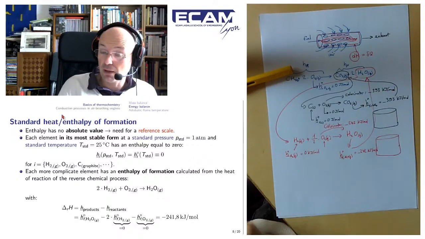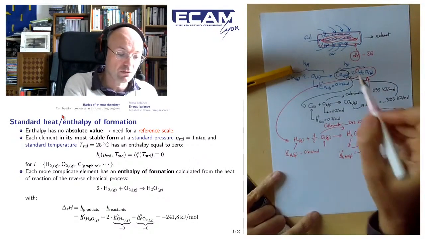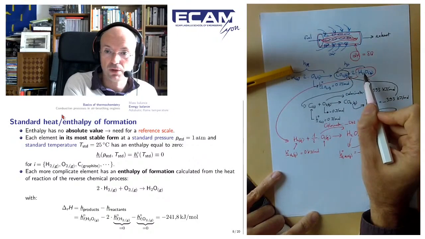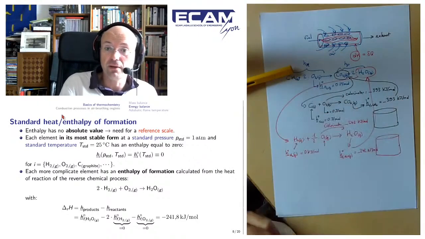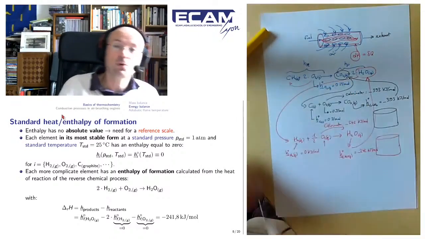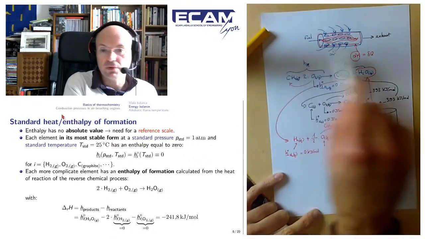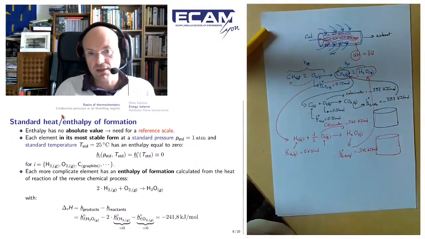Okay, and now I know the enthalpy of formation of carbon dioxide and water. And I also know the enthalpy of oxygen. So by combining this, it's possible to calculate the one of methane, because I do the same kind of combustion process inside the calorimeter. Combining different chemical reactions, not exactly the same, in different situations,